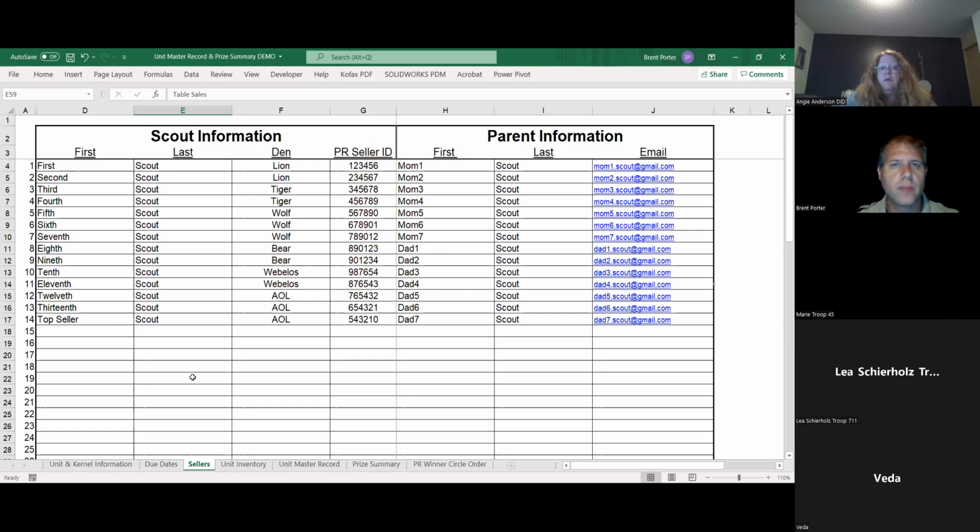If you get to the PR seller ID and you don't know what their PR seller ID is, you can log in to the PR Popcorn site, put your credentials in there, click on Scout across the top of the screen, and it'll give you a complete list of all your scouts, all of their seller IDs, everything. Feel free to enter all that information here. Put their parents' information in here, put their parents' email in here. That's going to be especially key when it comes to PR Popcorn. They send out email updates on things like this, so that gives them the information that they need.